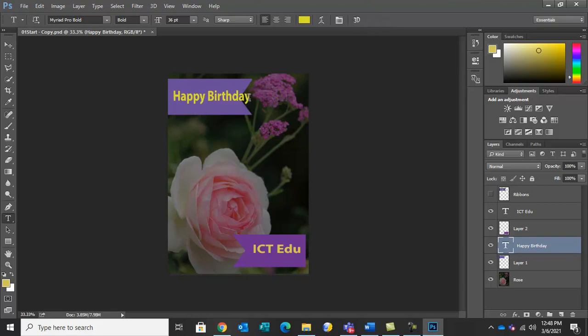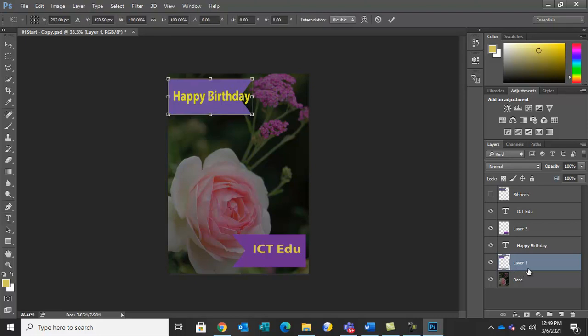Now see, the text is outside the ribbon. Now you go to the ribbon, this layer 1 ribbon. You have to know where it is, or if you forget, you can at least check it. See, go there and press Control T. See, this is ribbon 1. So enlarge this and hit enter. Okay, so I hope till now you got this. It is very interesting and easy.